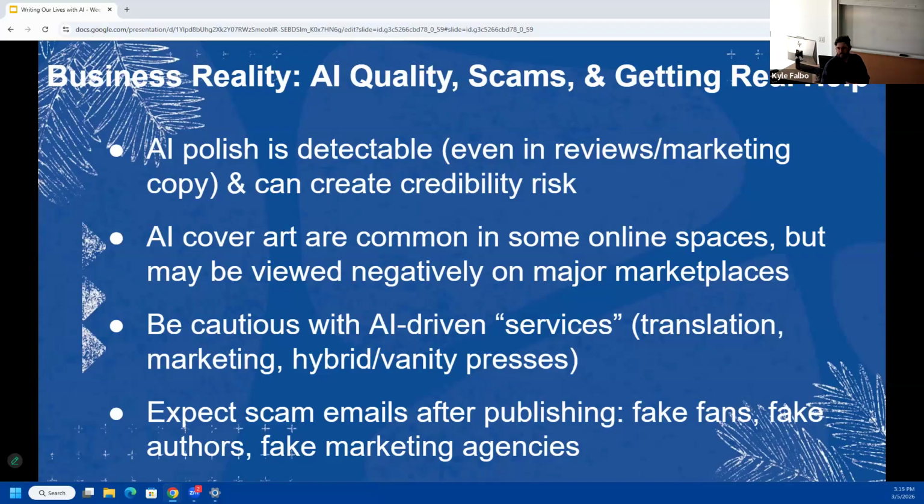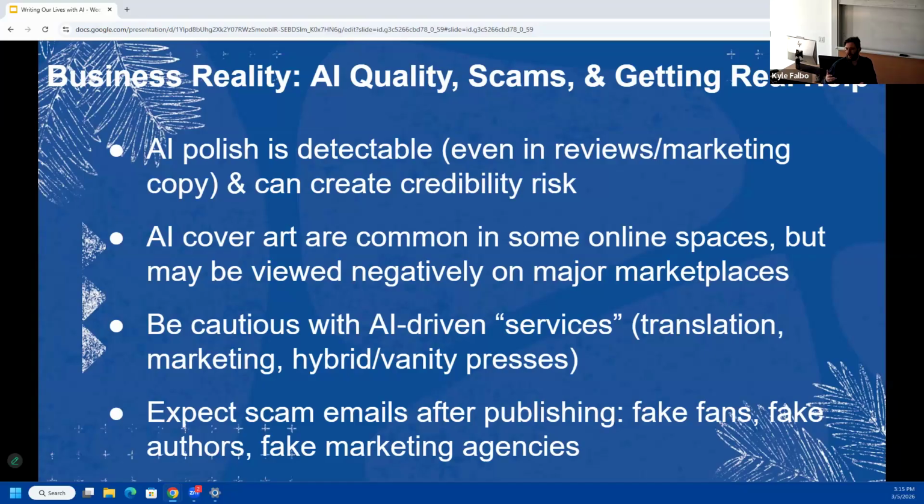Another space that is becoming more common is AI cover art. As AI art becomes more acceptable and more customizable, it's becoming more commonplace and more accepted by readers. But it could be viewed negatively on the major marketplaces, and also think about who's producing it. It's often an add-on feature through the publication process, and they often outsource that and don't always get it right.